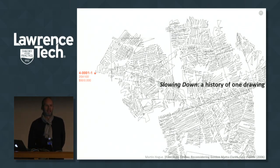I think we've looked at like 63 different drawings so far, and that's a lot to handle in half an hour, even a little bit less. I thought one thing that could be interesting here is to kind of slow down a lot, and I wanted to maybe share with you the history of one specific drawing and how it came to be, all the decisions that went into this drawing, as a way to give you a little bit of insight into the way that